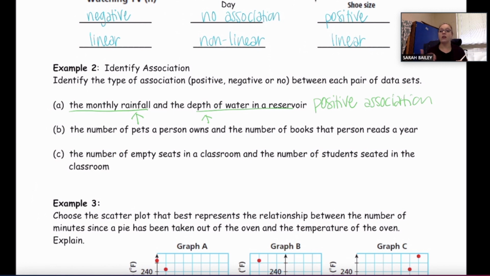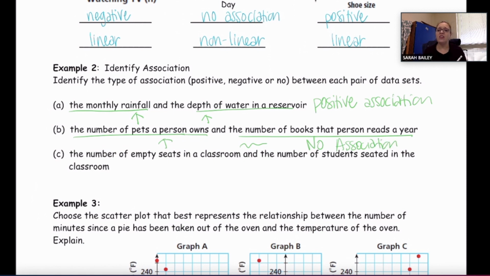All right, let's look at part B. The number of pets a person owns and the number of books that person reads a year. Okay, so the number of pets a person owns. The more pets you own, what happens to the number of books you read? Does that increase? Does that decrease? Or is there any effect? I don't think there's really any effect on that. You wouldn't expect there to be an effect. So we would expect this to be no